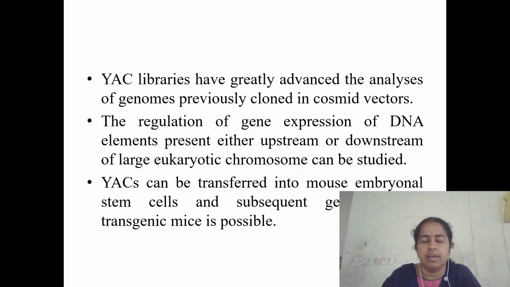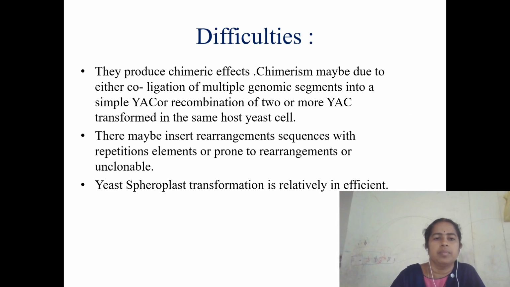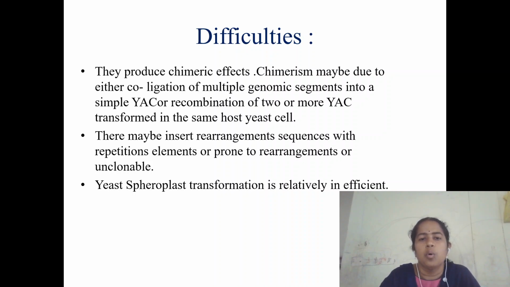It has greatly advanced, and the analysis of genomes previously cloned with cosmid vectors is done. The regulation of gene expression of DNA elements present either in the upstream or in the downstream of the eukaryotic chromosomes can be studied. It can be transferred into mouse embryonal stem cells, and subsequent generation of transgenic mice is also possible. Then the difficulties are that they produce chimeric effects, that is, co-ligation of multiple genomic segments into a